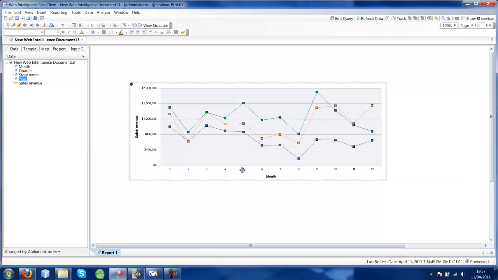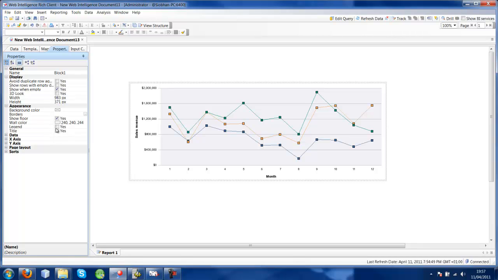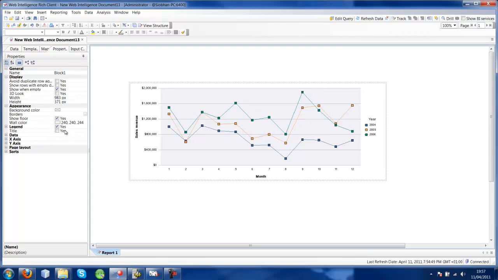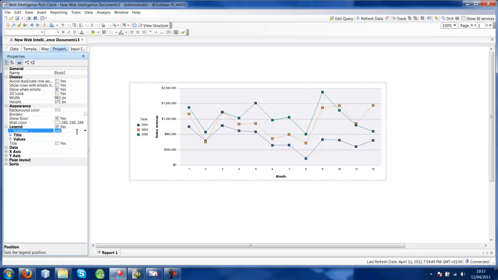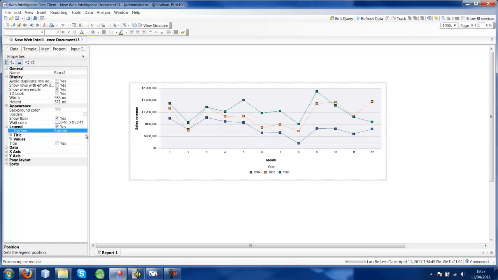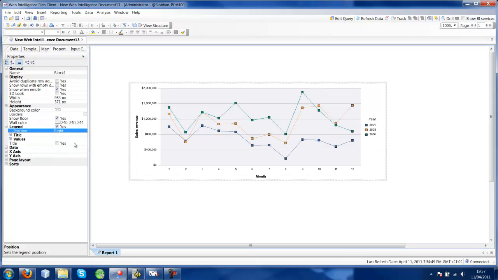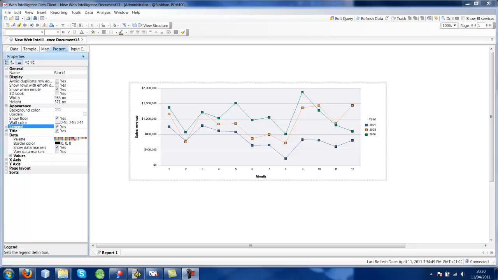Okay, so the only thing that is missing now is the legend, because you can't identify what year you're looking at. So we go back to properties, and under legend you check yes, and if you click the little plus you can specify where you want the legend to appear, on the left, on the bottom, or on the right, and that's what I'm going to go for. That concludes the vertical mixed graph,